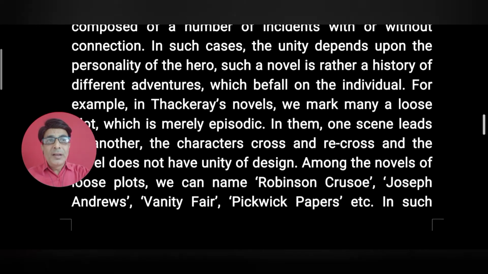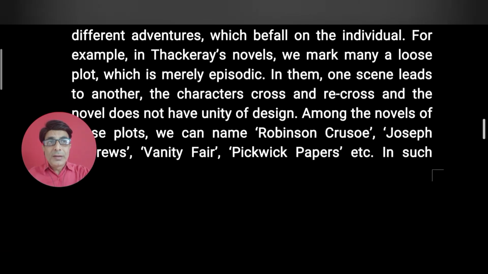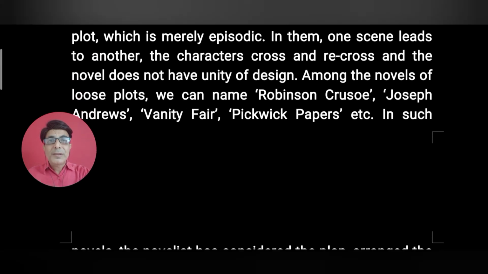In his novels, we mark many a loose plot, which is merely an episodic plot. Thackeray's novels are very popular novels, but the problem with Thackeray's novels is that there is no organic unity among the events which are presented in his novels. If you want some more examples of loose plot novels, then you can take this example of Robinson Crusoe,